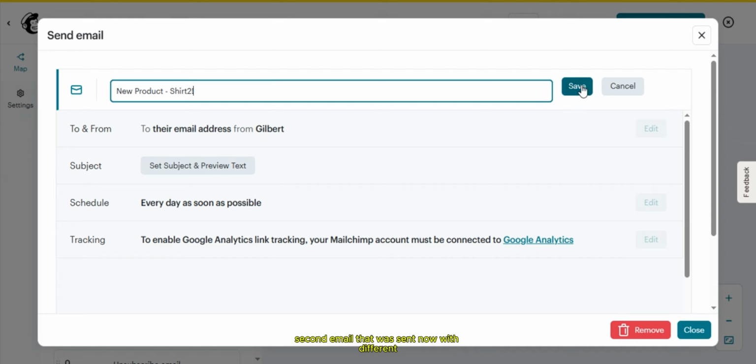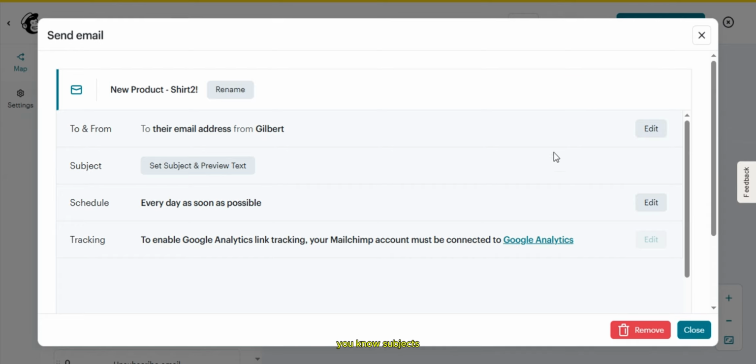Now with different subjects, but you can still put the same email, because the customer didn't open the last email. So you know that the customer didn't read what you took your time to design, and you know that email is going to convert, right? So you're going to resend the email, and now you're going to use a better subject line,